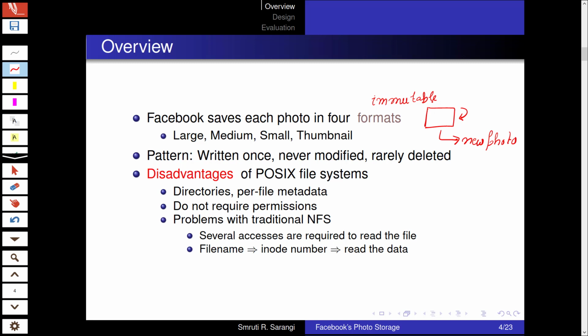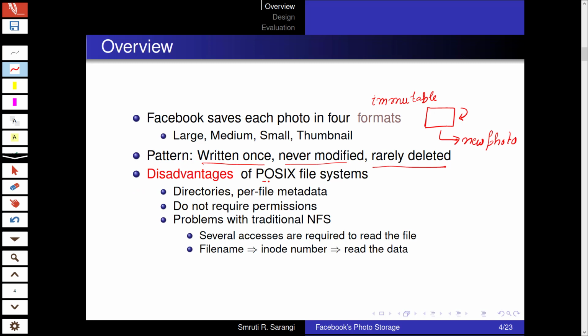And if I were to create a new version of it, like rotate it, that is like uploading a new photo, which is the same pattern. It is written once, never modified, and also it's rarely deleted, in the sense that we very rarely delete photos from Facebook. Unless a photo has been uploaded in error, we typically do not delete photos.